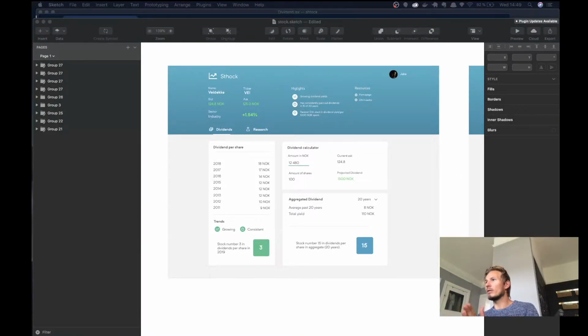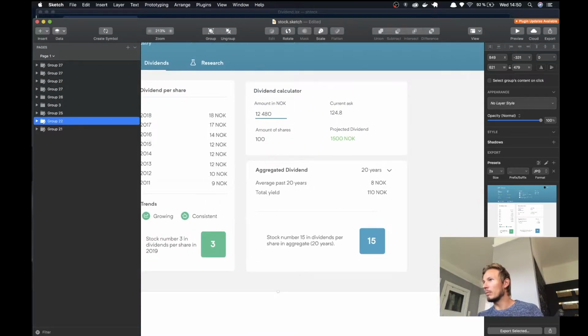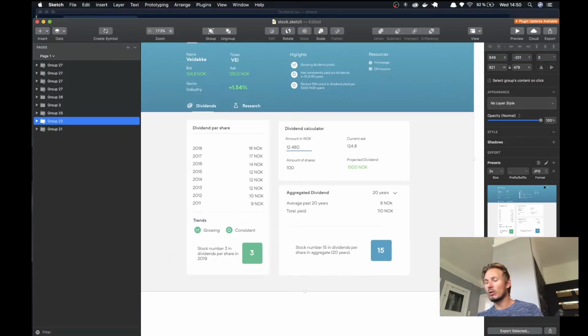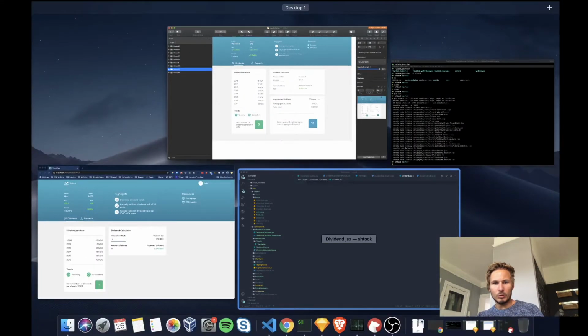Okay, so the last part of our dividend section is this aggregated dividend box in the bottom right corner. So what we're going to do is implement the markup for this component first, and once we have that, then we'll start implementing the functionality. So let's go ahead and go over to our editor,